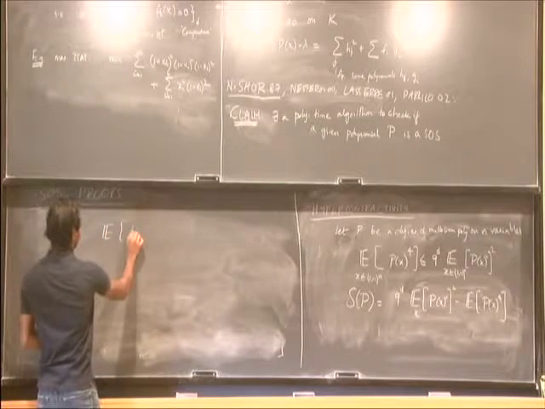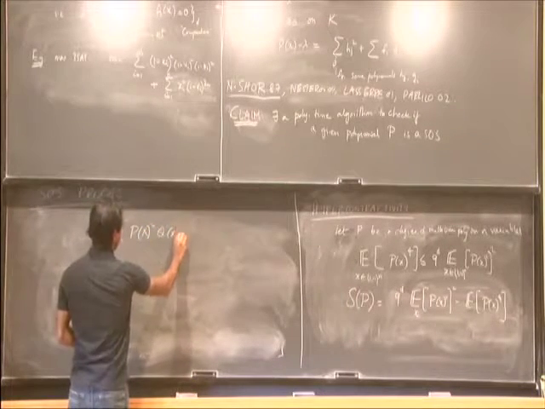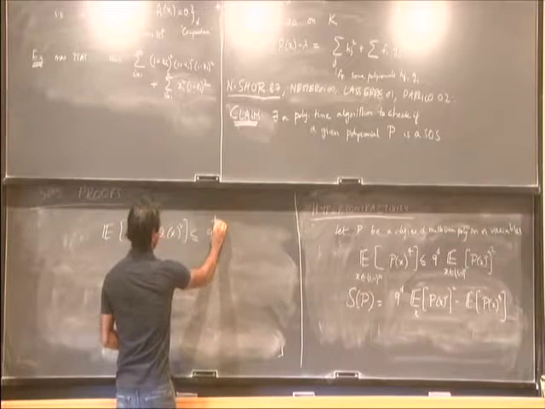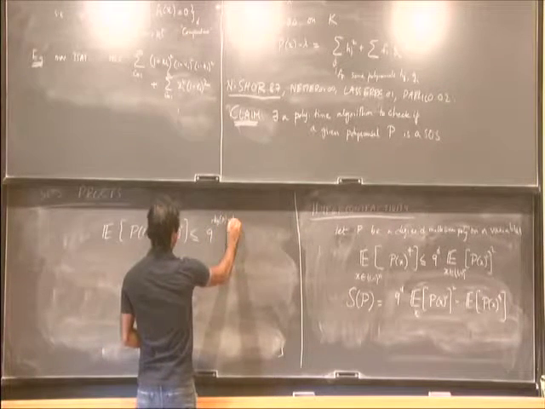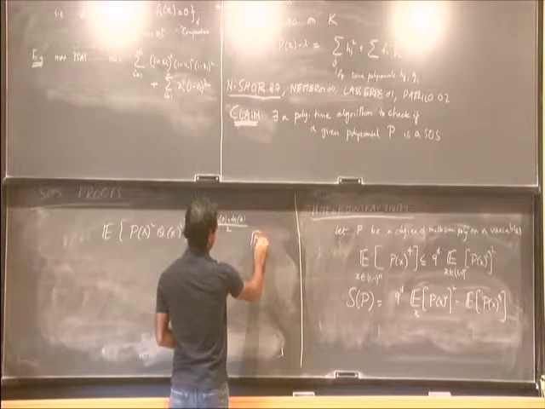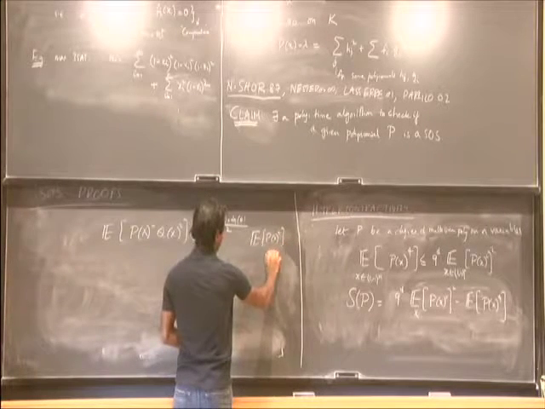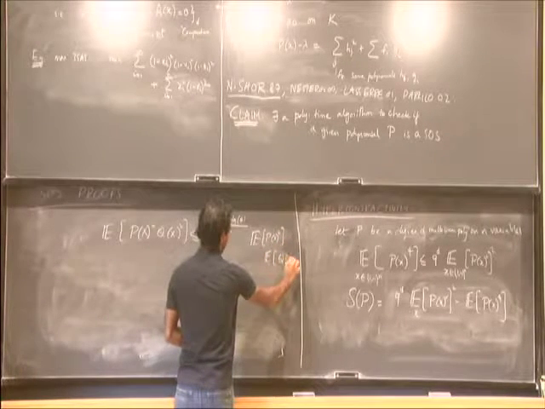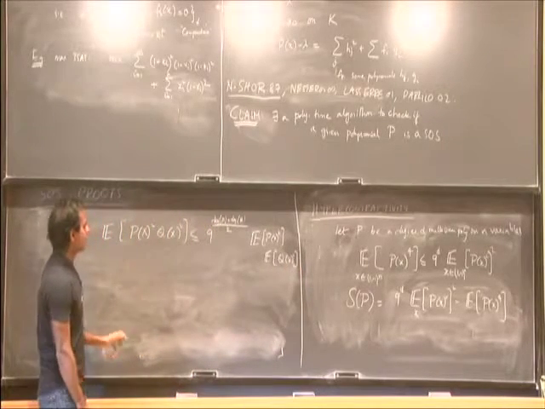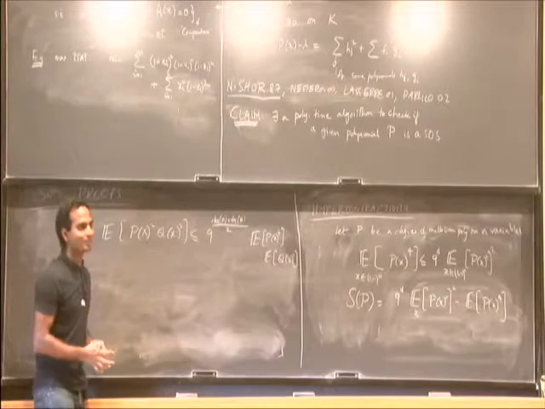In fact, if I have 2 polynomials, P and Q, then this is at most 9 to the degree of P plus degree of Q divided by 2 times this. Let's just think of a proof of this, and we'll see that the proof straightforwardly SOSs, sum of